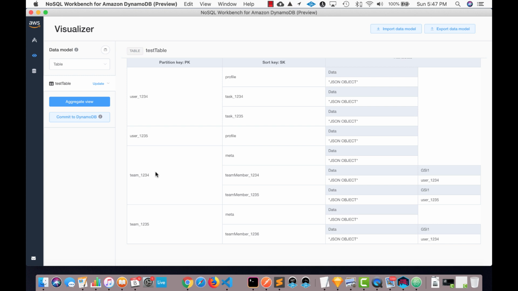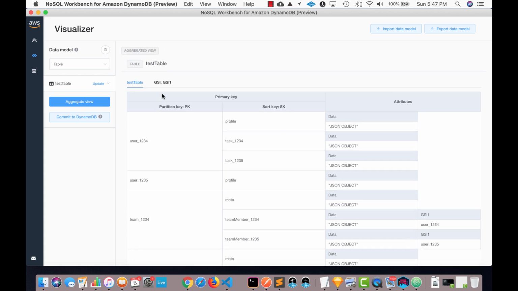And if we look at team now, there's a bunch of stuff that belongs to this team 1, 2, 3, 4. There's a metadata, but there's also these team members, which means we can query for team 1, 2, 3, 4 and get all of this information in one query, which is amazing. But if we flip over to the GSI, now just like I was saying before, this is